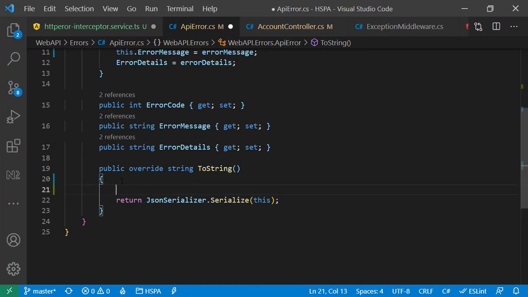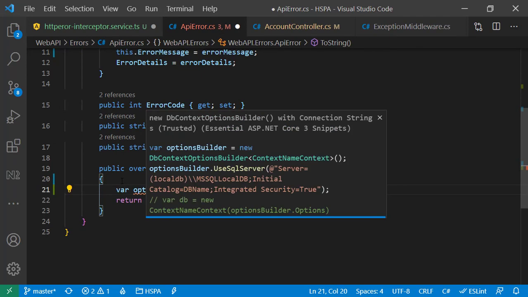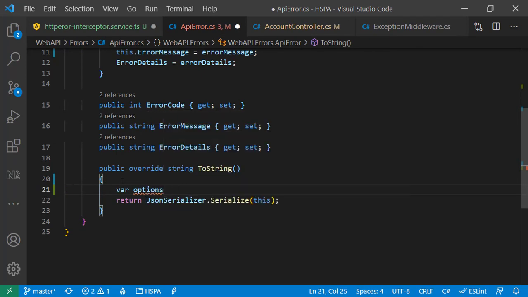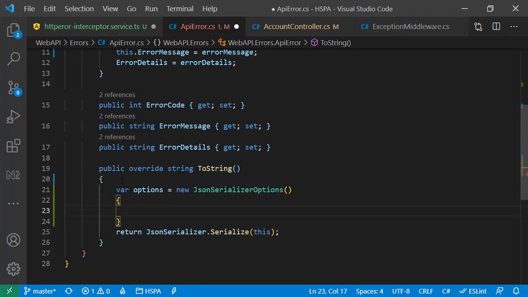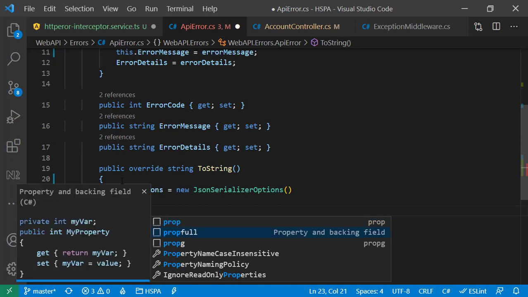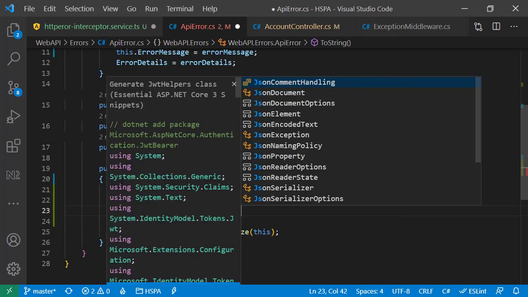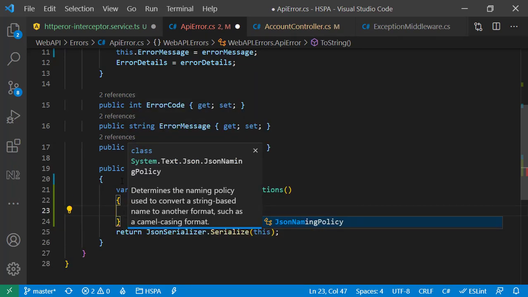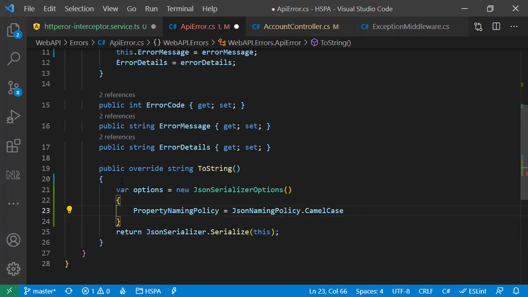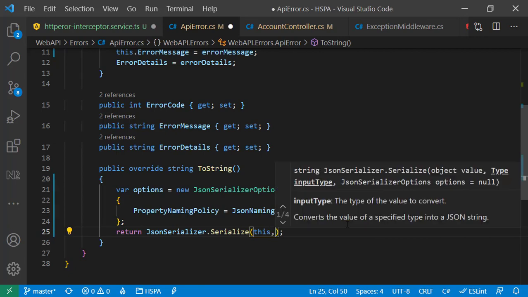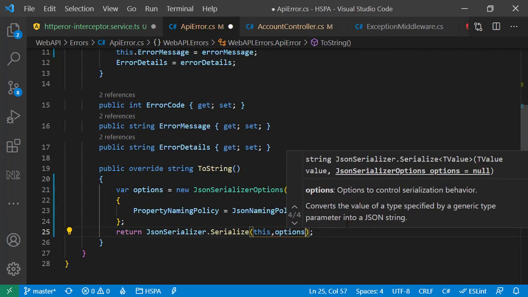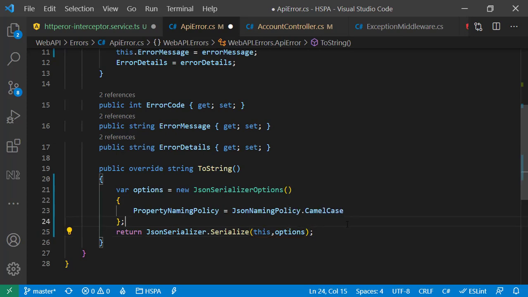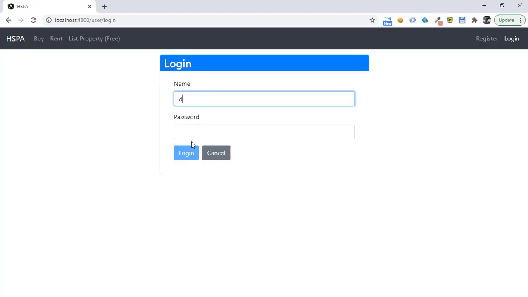By default, .NET uses Pascal notation for JSON serialization, but we can also set camel case using the JsonSerializerOptions and set the PropertyNamingPolicy to JsonNamingPolicy.CamelCase. Now we can pass this option as the second argument of the serialize method to tell that all the properties should be serialized in camel case. Save it and let's try to log in one more time.